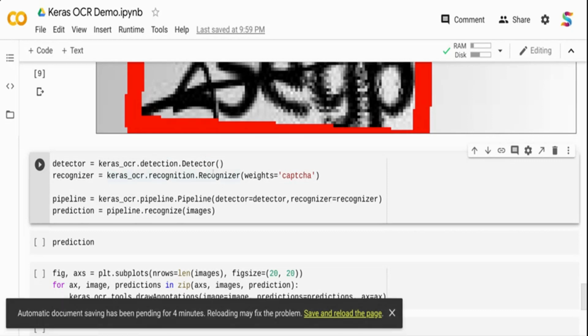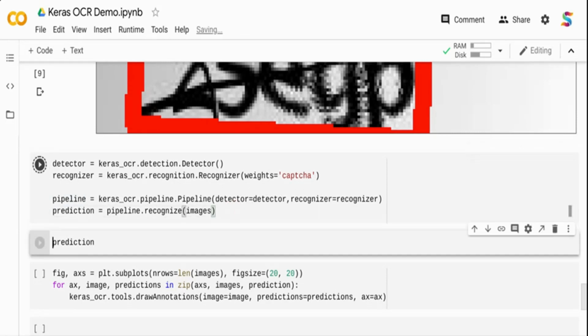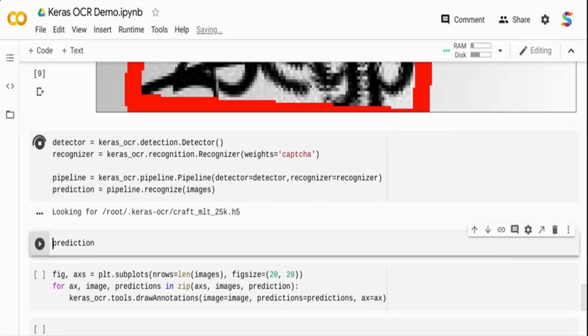But in the recognizer, I'm loading the weights of the captcha model, which I have custom trained to recognize captcha images, right? I'm passing it to the recognizer, then initializing the pipeline with the detector object and the recognizer, and then I'm passing the image object, the same image that is on the top, over here.